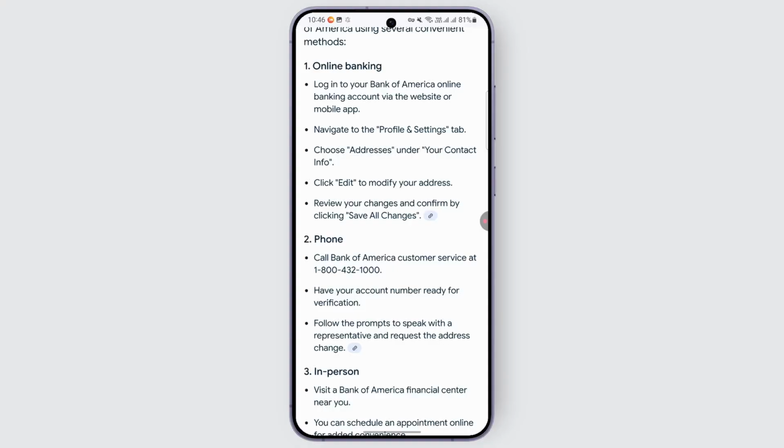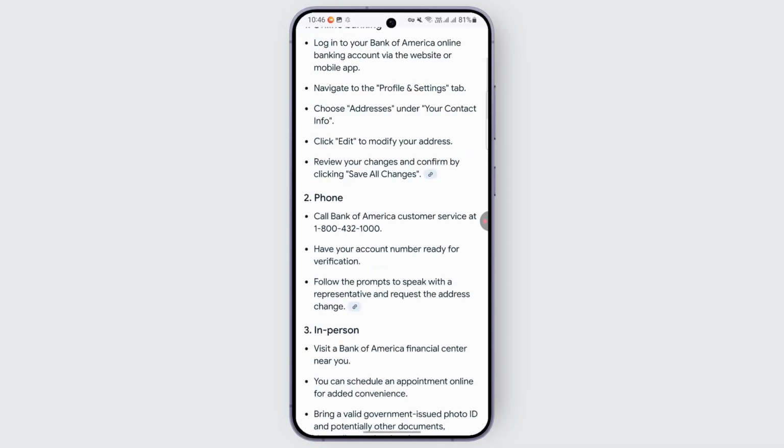Similarly, if you'd like to do it by phone, you can call their number. It is easily available on the website, or you can directly search for it on the internet. After that, have your account number ready for verification and follow the prompts to speak with a representative and request